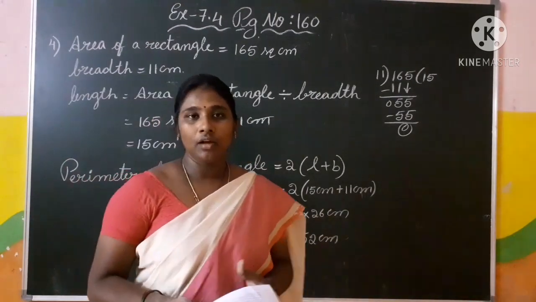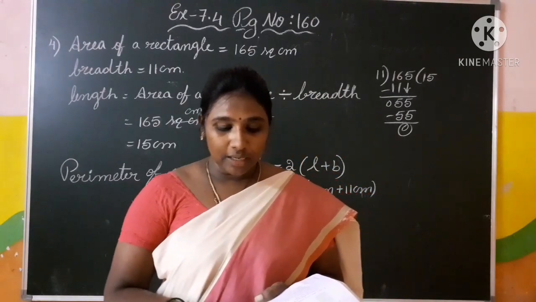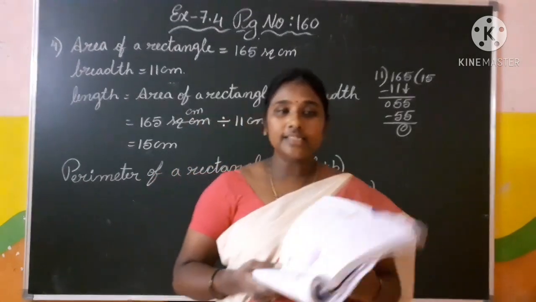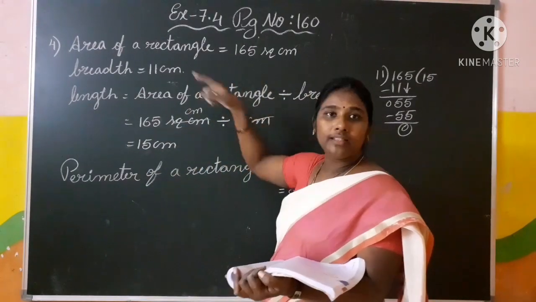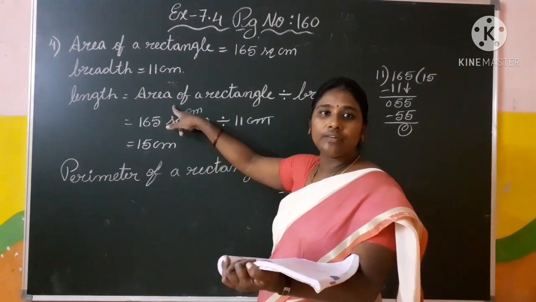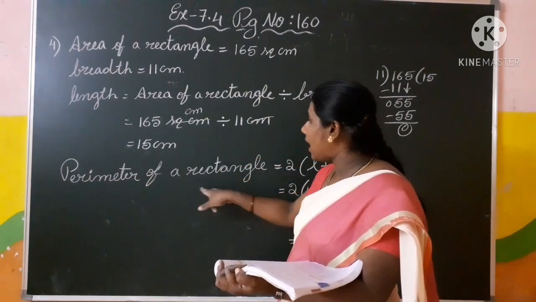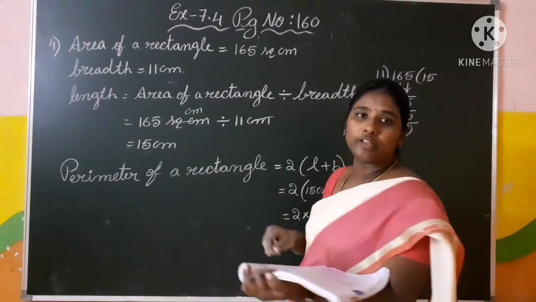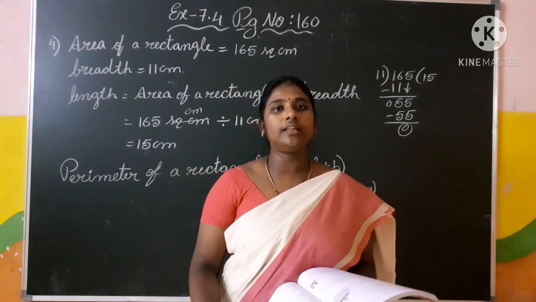Next, fifth question. What will be the perimeter of a rectangular piece of plot 30 meter long having an area 480 square meter? This is also same like the fourth question. Area is given, but in place of breadth, here the length is given. Long means length, and breadth we have to find. Breadth is equal to area of rectangle divided by length. You will get breadth. Next we have to find the perimeter of a rectangle. What is the perimeter of a rectangle formula? 2 into L plus B. You have to do on your own. All these problems do in your classwork with neat handwriting.